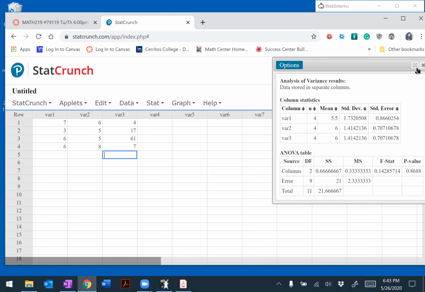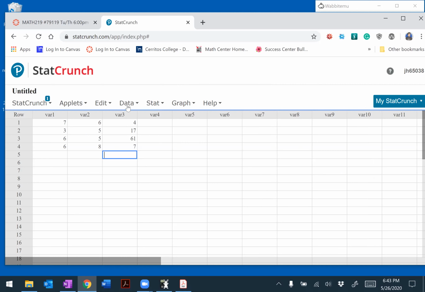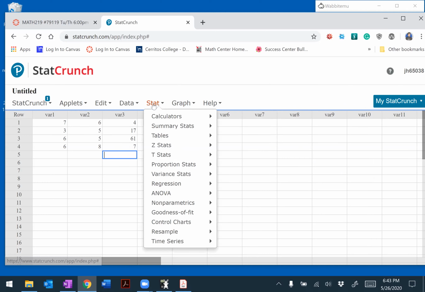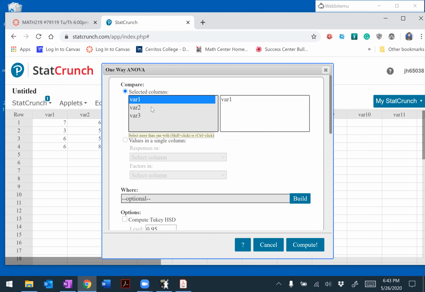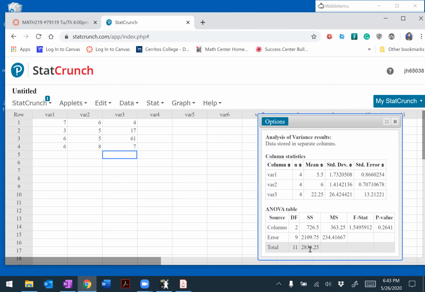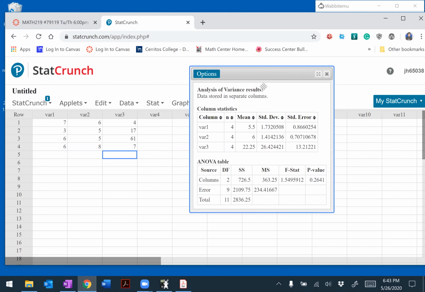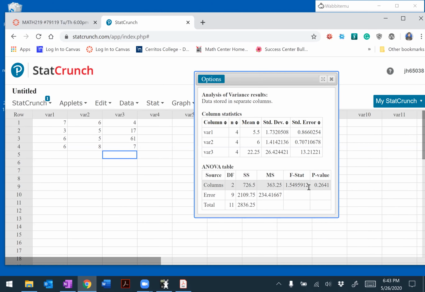Okay, so let's run this one more time with this data, just changing those 2 to 17 and 61. Let's see what happens to my F statistic. I would think my F statistic would get higher and my p-value would get lower. Let's go to stat, one way ANOVA. Let's select our 3 columns and let's hit compute. And what happens to, well, my F statistic went up. Okay, it did go up, and the p-value, they're still saying don't reject, that these are close enough